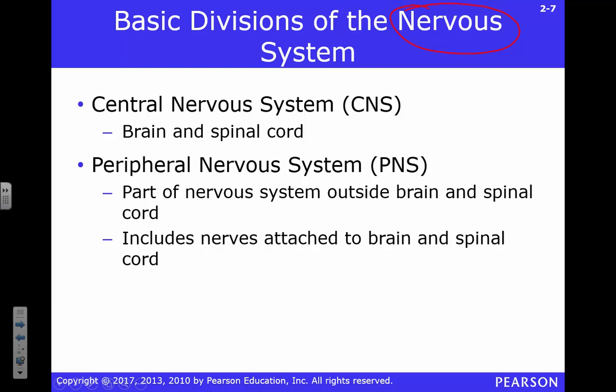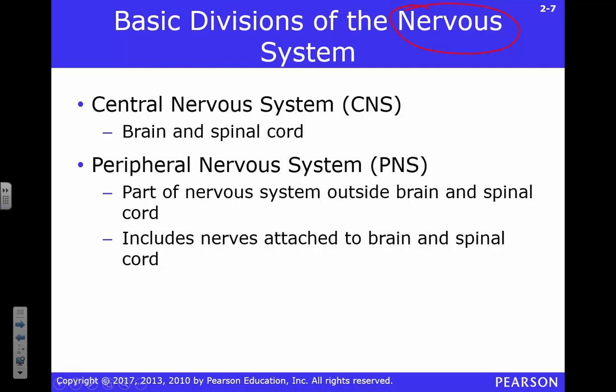Okay. So if you try to think about, how many of you are baseball fans? All right, we got a few baseball fans. So you might want to divide people by position, right? So you can think about a shortstop versus a third baseman, maybe. That might be helpful. Another way to divide players is simply by pitchers and batters, right? Or left-handed batters versus right-handed batters, right? You got to use what kind of division makes the most sense for what you're trying to accomplish. We're going to do that with the nervous system.